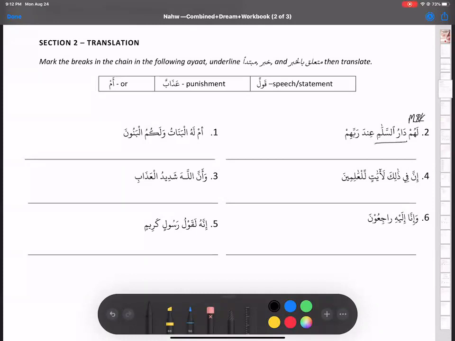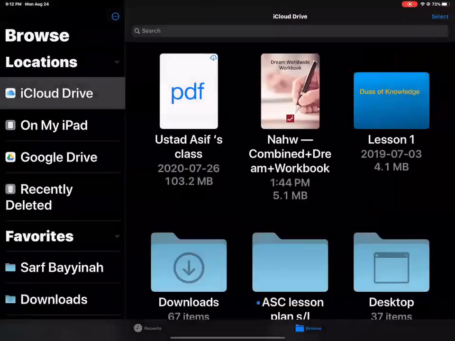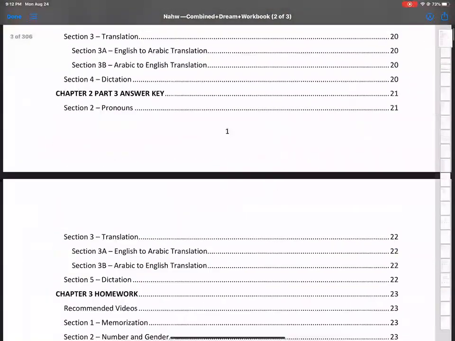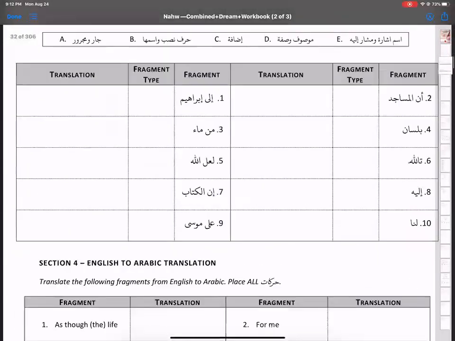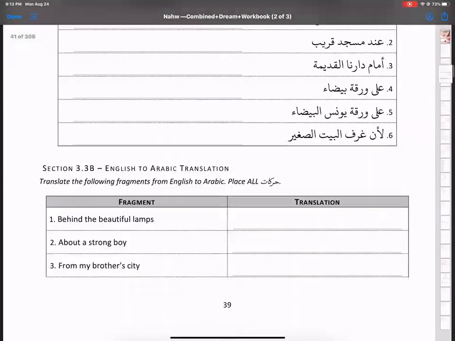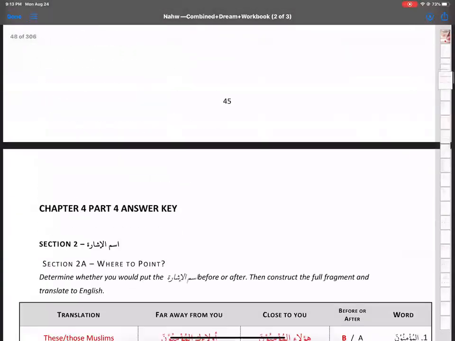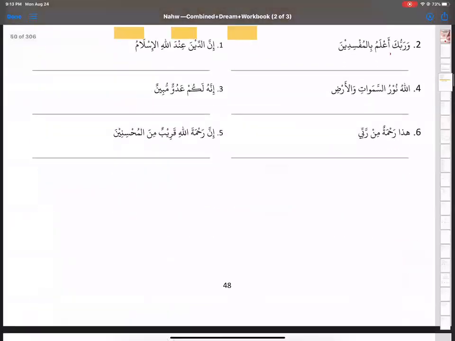Darus Salami, what is Darus Salami? Mubtada, and idafa, and this is our mudaf ilayhi. Oh my goodness, it will keep happening to me when I put my hand over the, oh my goodness. This is not the